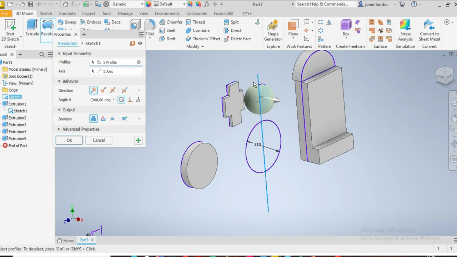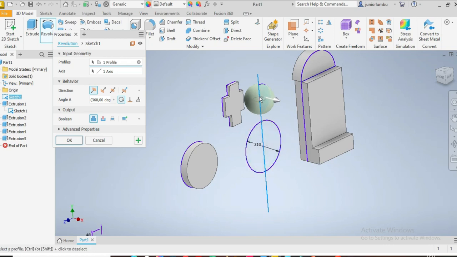Remember, that was an arc, okay. The reason why I did draw this one and that circle, so that's arc and the circle. So as you can see, you don't have to draw a full circle to have a sphere or a full round part. So here, as you can see, this direction, now I have this sphere. So just to prove to you that you don't have to draw a full circle,